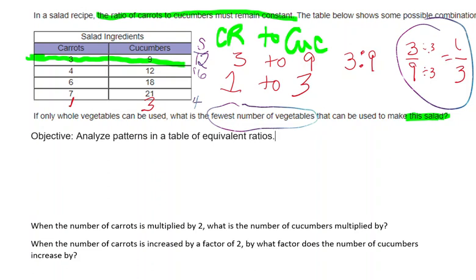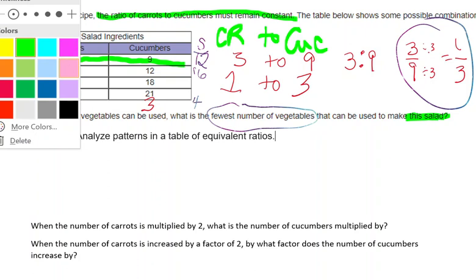There are other ways you can look at this table and other patterns that exist. So here we just used a row and set that row up as a ratio and wrote that ratio as a fraction and simplified it. There are other types of questions that we can use patterns in equivalent ratios to answer. Let's look at this question down here